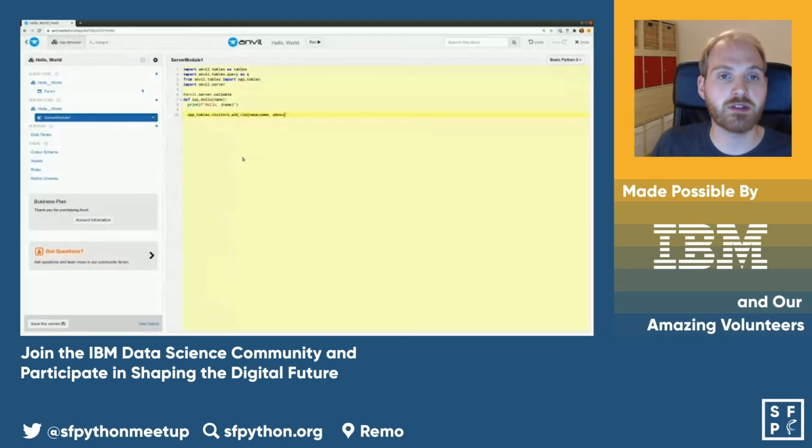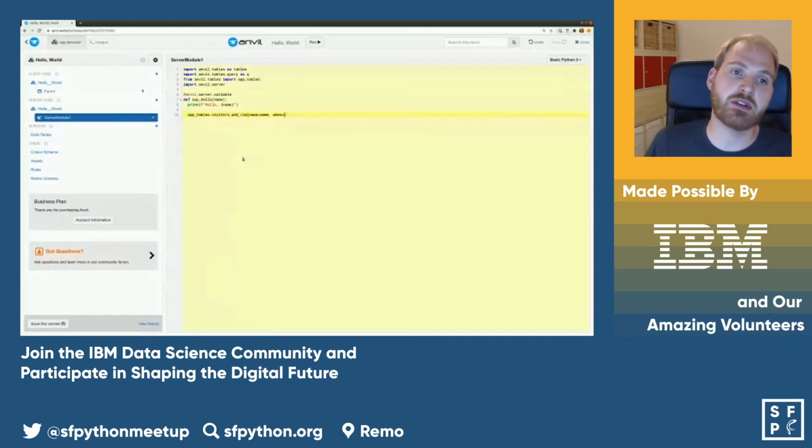And now if I run this, go into the data tables, and you can see that we've actually added that data to the database. So we've just built and published a database-backed web application with nothing but Python, and we're still not even cracking 5 minutes in. I'm going to show you one more thing, because it's going to be relevant later, which is